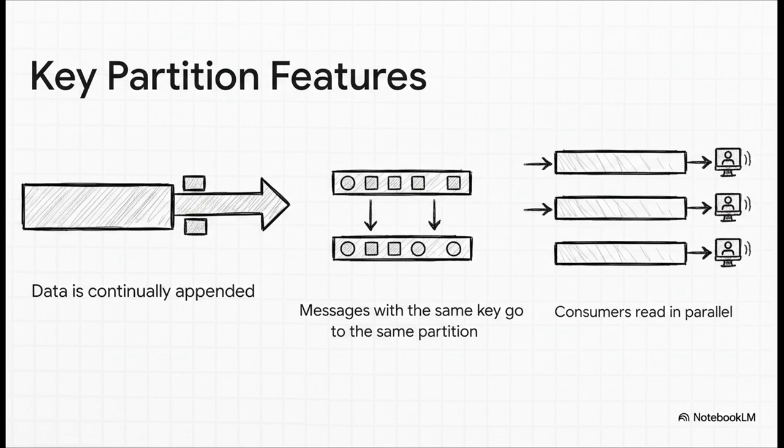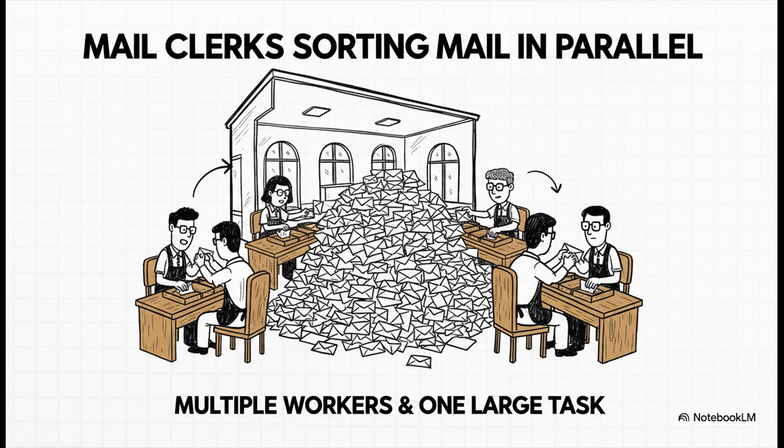Hello, parallelism! Let's jump back to our postal analogy. Imagine one of your post offices gets completely swamped with mail for one super popular address. What do you do? You don't just make one clerk work faster. You assign a whole team of clerks to work on that mail simultaneously. Partitions, they're those parallel mail clerks, letting Kafka process a mind-boggling amount of data for a single topic, all at